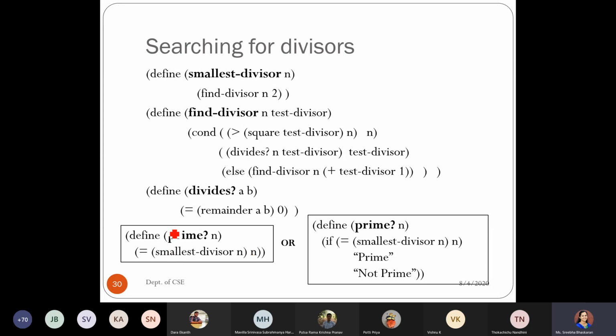If you want the output in terms of true or false, define it like this. If you want a string or some output sentence, define it the other way. Whichever way you want, you can define it.